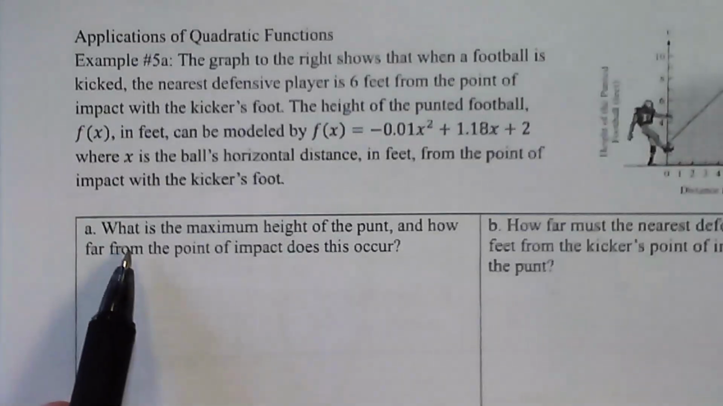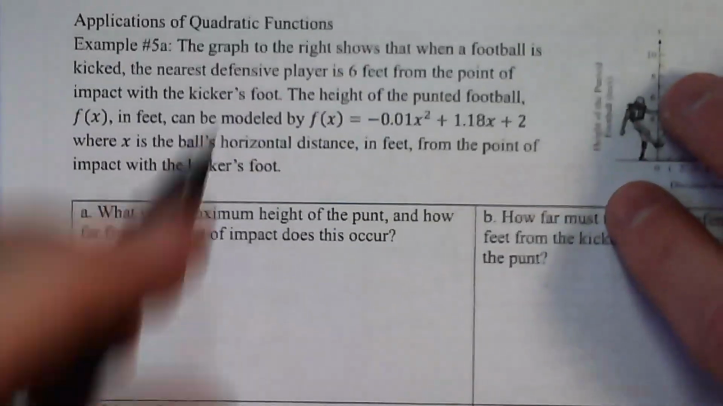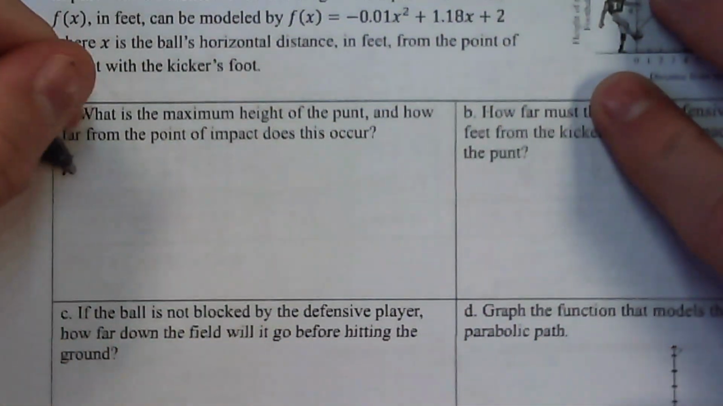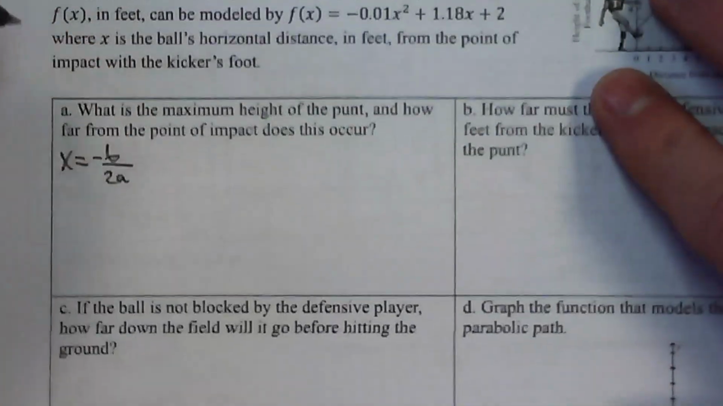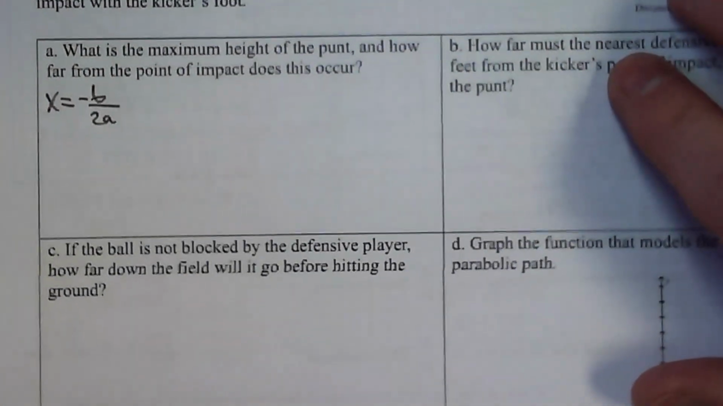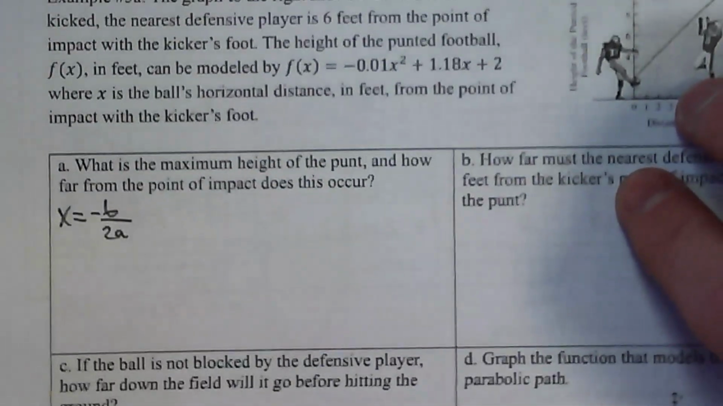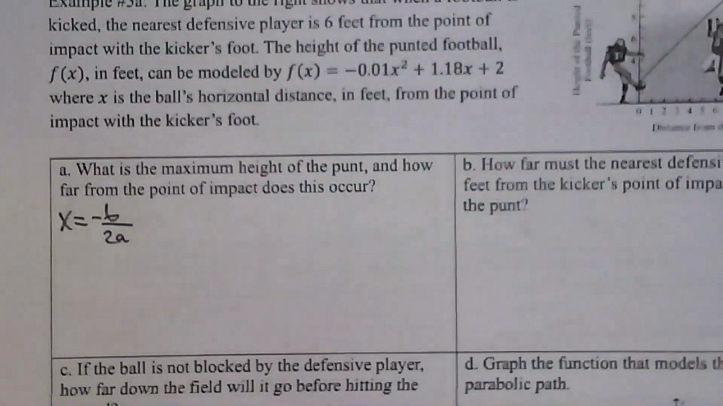Okay, so what's the maximum height? So to do a maximizing problem, you're going to have to do this. X equals negative b divided by 2a. You're going to have to use that formula. So to do a maximizing problem, now you could visualize this on Desmos, but